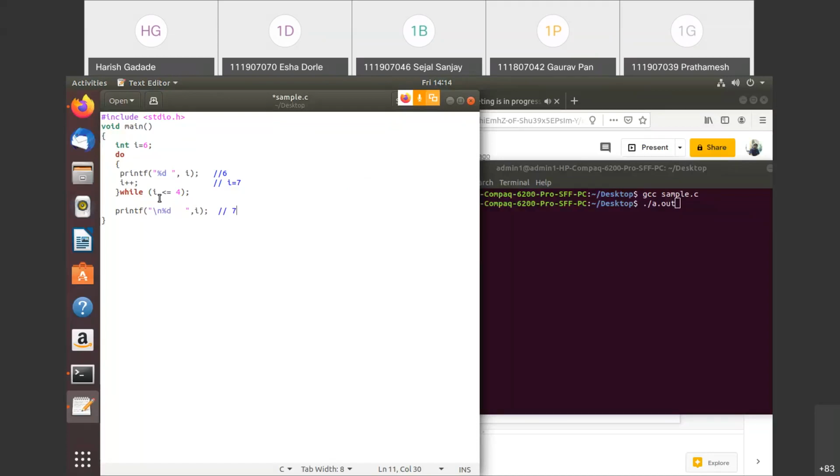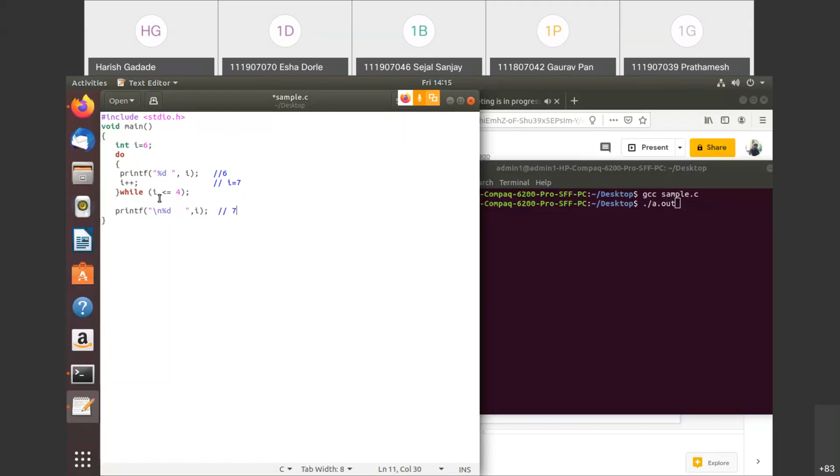In the first attempt, if the condition becomes false, the body of do while will still be executed. But in a while loop, if the condition becomes false in the first attempt, the body of the while will not be executed. So this is the difference between while and do while. Have you understood this difference? Someone had asked me.